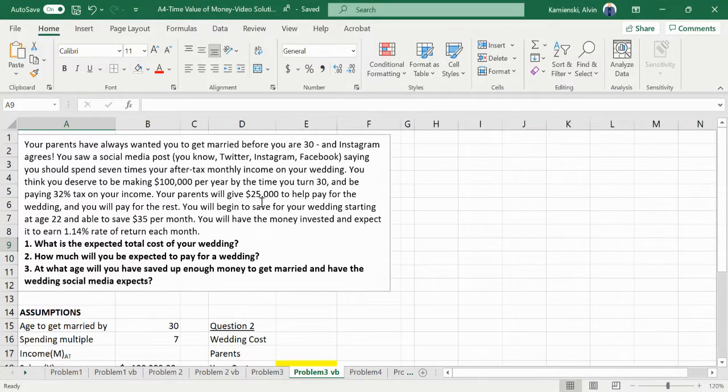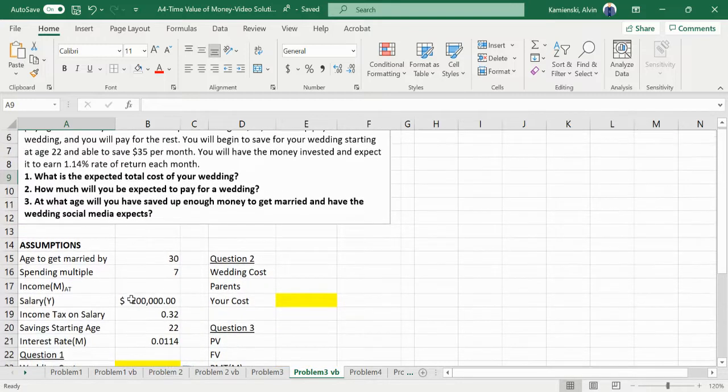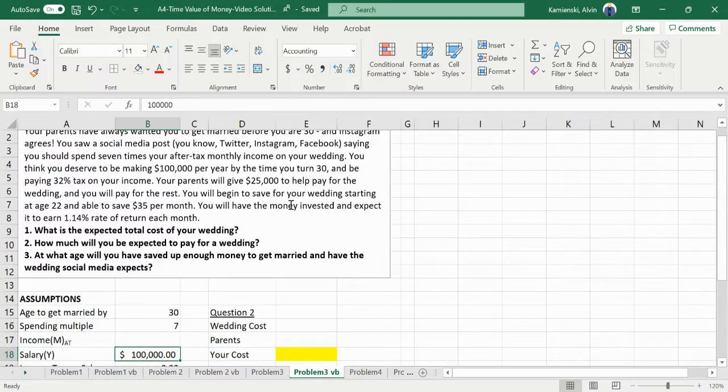Having always, as we do, read the problem at least twice, we're looking to figure out what the total cost of the wedding is going to be so we can determine our portion of it and then determine at what age we will be able to afford all of this. So having read it and then documented the assumptions, notice that up top it says that we're making $100,000 per